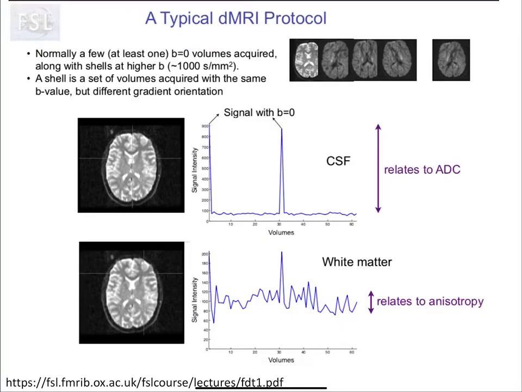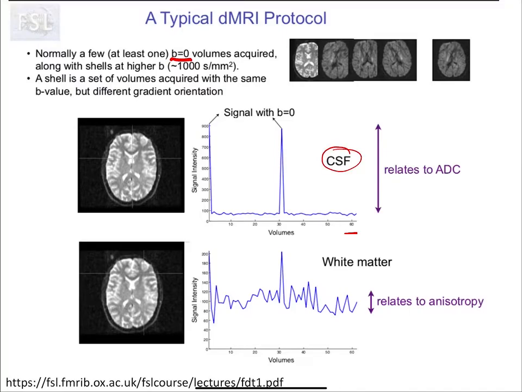Okay, so a typical diffusion tensor protocol is going to do the following. There's going to be at least one B equals 0 volume, because that allows us to figure out how much decay there is. But then there's going to be a lot of different directions. Okay, so in this case, they've acquired 60 different volumes. Probably each volume is in a different gradient direction. Okay, and so you can see here in CSF,